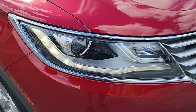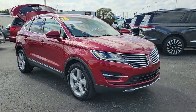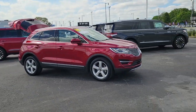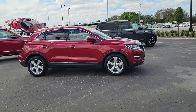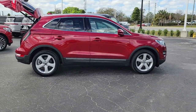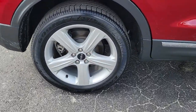You'll have love at first sight with the 2018 Lincoln MKC. With less than 35,000 miles on it, performance, luxury, versatility. That's what this sleek MKC delivers. From its connected tech to its premium amenities to its alluring style, this compact SUV is poised to infuse every